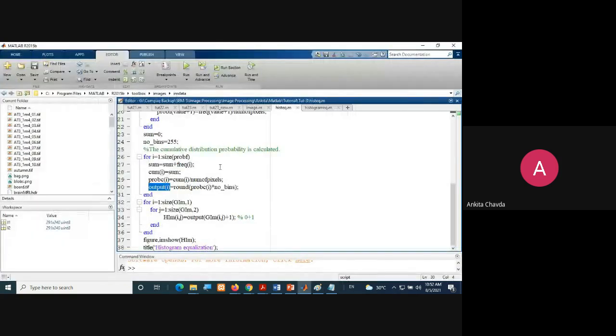So again back to the MATLAB here. Again we are taking 2 for loops. One is for row, another one is for column, and HIM of ij equals to output of GIM of ij plus 1. Why again here plus 1?